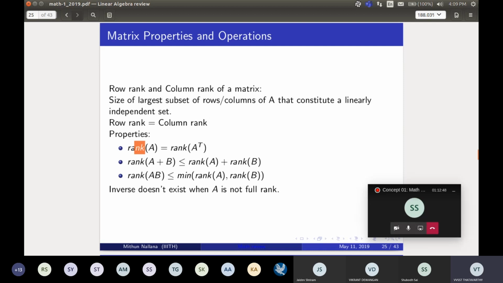So the rank of A is equal to the rank of A transpose. It is not very obvious directly from the equations, but if you take an example and try to solve it, then you can see why. You can also look into the lectures by Professor Gilbert Strang, who is a pioneer of linear algebra and does a lot of teaching on this; very good courses are available from him. So take an example and you can verify that row rank is equal to column rank.